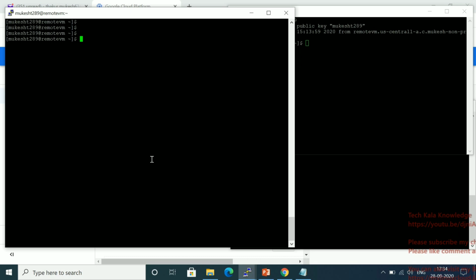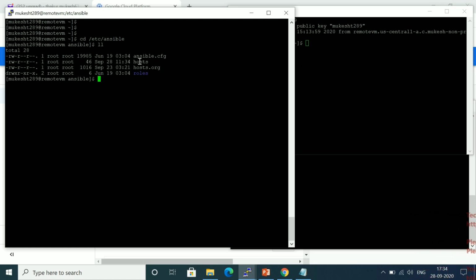Inside the inventory file, cd /etc/ansible. Inside this path you can see one hosts file. This is the hosts file. If you open it or cat it, you can see I have mentioned all the client machine names divided into groups.